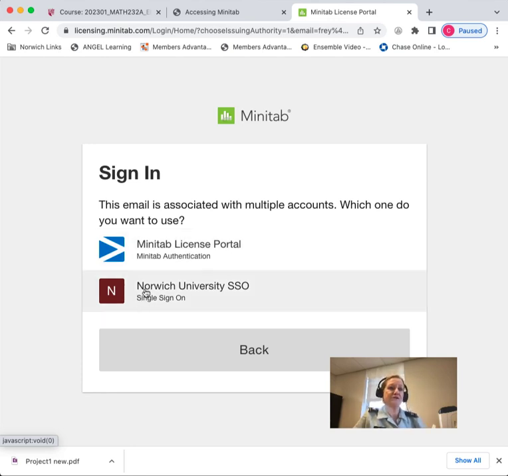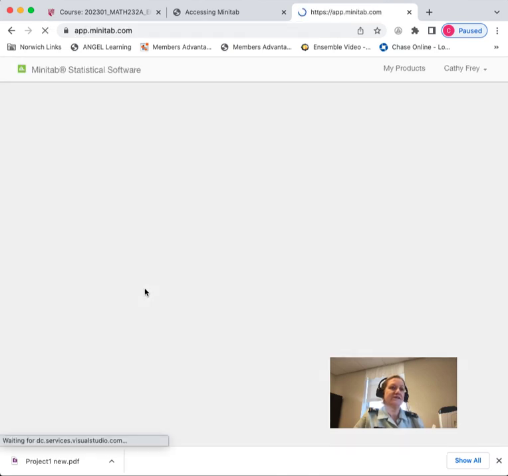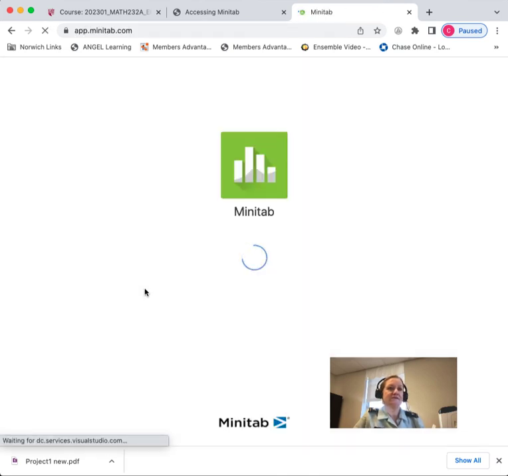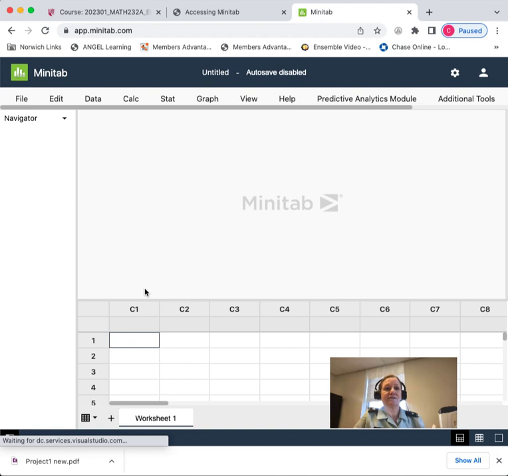But you want to choose the Norwich SSO, single sign-on. And in this case, it remembers me and I don't have to do any more. And here we have Minitab. If you see a screen like this, you have successfully gotten into Minitab and you're ready for the assignment next week. And there is a video that walks you through the steps that you'll need to do the calculations and graphs for next week.